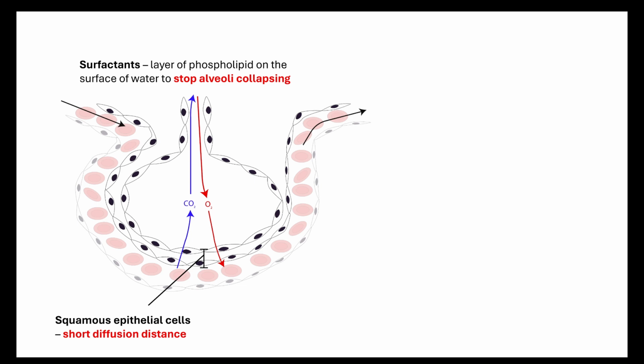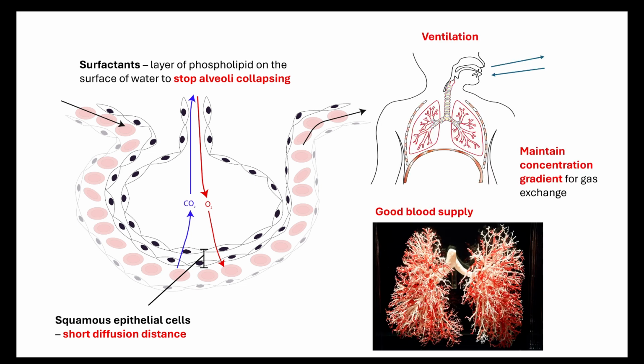And our ventilation, the bringing fresh air in and removing stale air, along with our blood supply, where our capillaries run all the way in between our bronchioles and alveoli, is necessary to maintain a concentration gradient so that our oxygen will diffuse from the air that's breathed in into the bloodstream, and the carbon dioxide will diffuse out of the bloodstream and into the